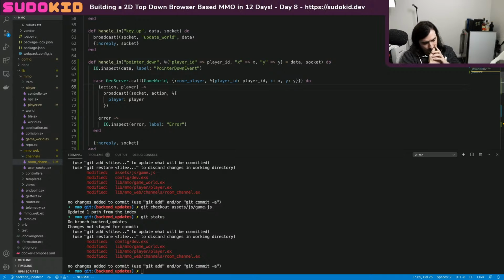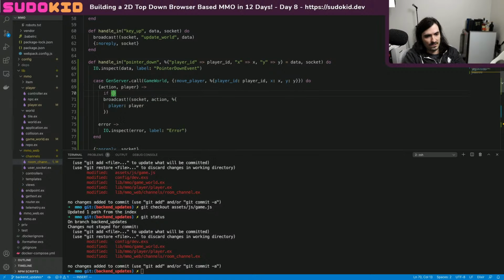So when we move a player, we want to test whether or not they're moving to a valid coordinates, right? And if they're moving too far of a distance, we want to schedule it to then come back and do it again, right? So in this case here, we would do if